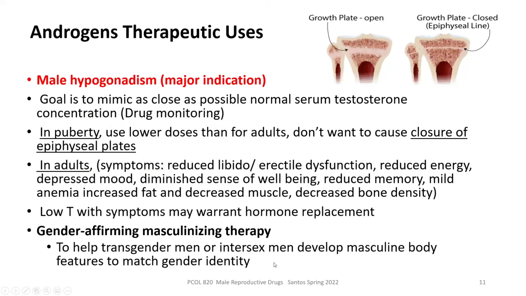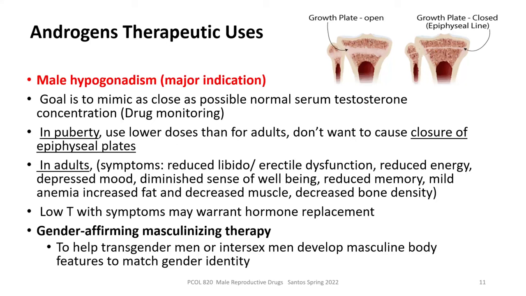So what are the uses for the androgens? The first and most important indication will be male hypogonadism. So the goal will be to mimic as closely as possible the normal serum testosterone concentration, and that has to be drug monitored. During puberty, you should use a lower dose than the dose used for adults because you don't want to cause the closure of the epiphyseal plates like we see here on the top. There is a time that those plates will be closed normally. You don't want to